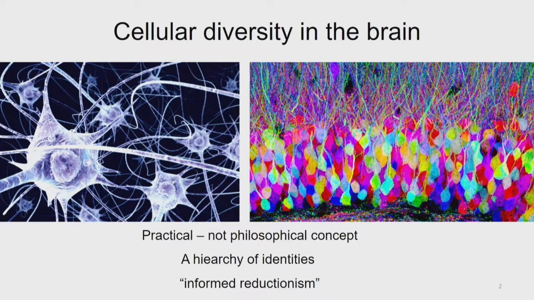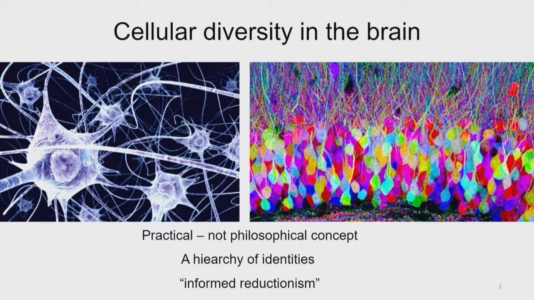We can probably all agree, or most neuroscientists at least agree, that we have neurons and non-neurons. Then you take the neurons, and you can divide them into excitatory cells and inhibitory cells. We all agree. And then you can probably divide them further. But as soon as you start going down to the finer subdivisions, people start disagreeing. So we think about this as a hierarchy.